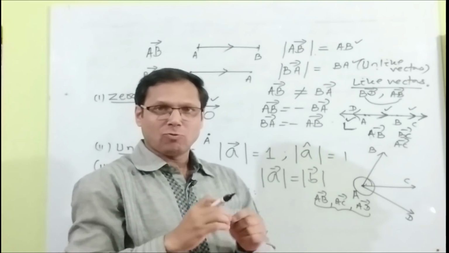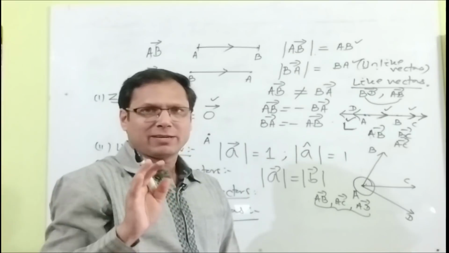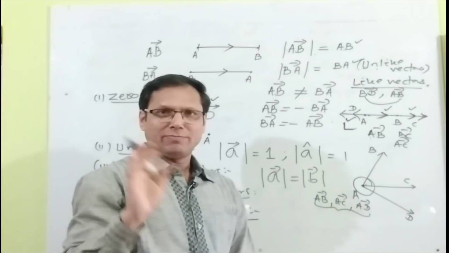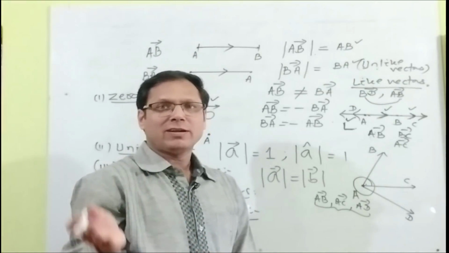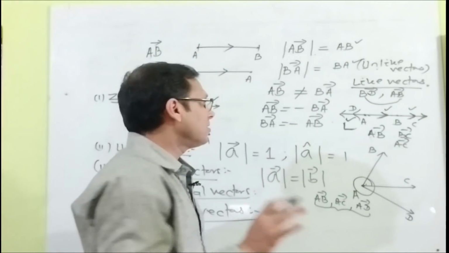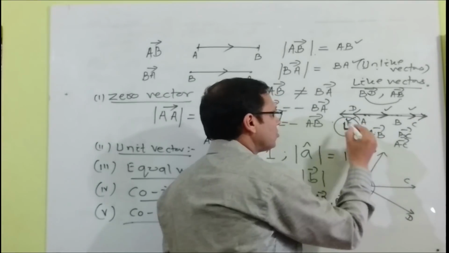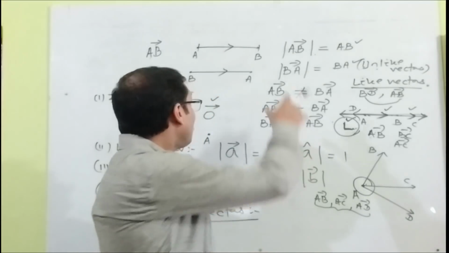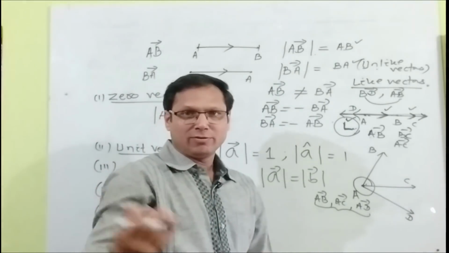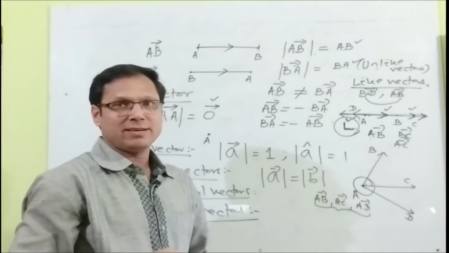So from this we conclude that collinear vectors may have the same direction or different direction, the same magnitude or different magnitude, but they should lie on a line L, which is called the line of support. Now these are all the types of vectors. I have linked all these notes to my video. Next we will go to the problems related to these vectors.